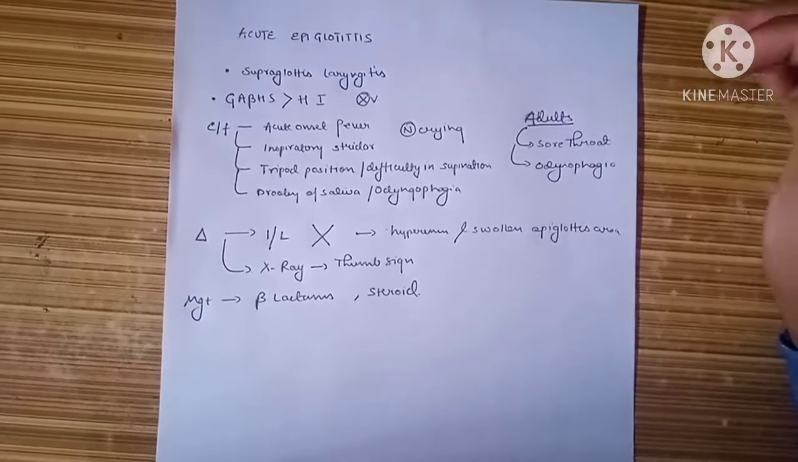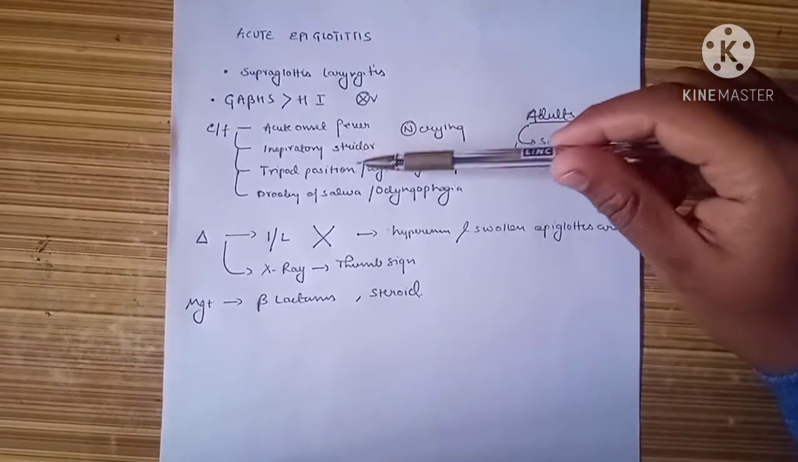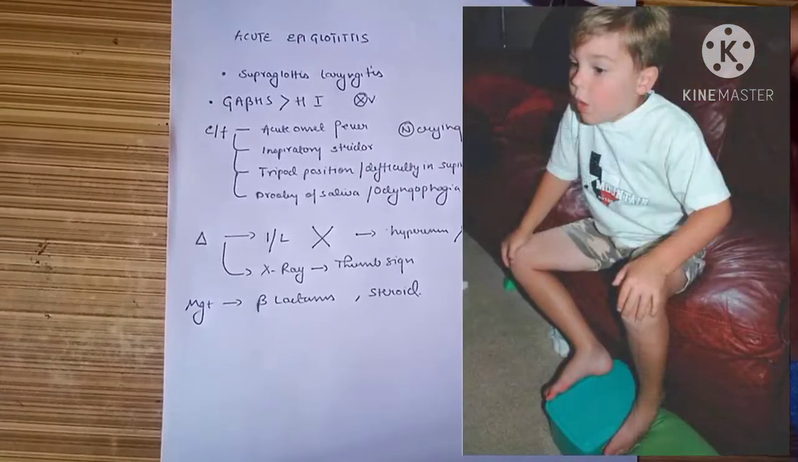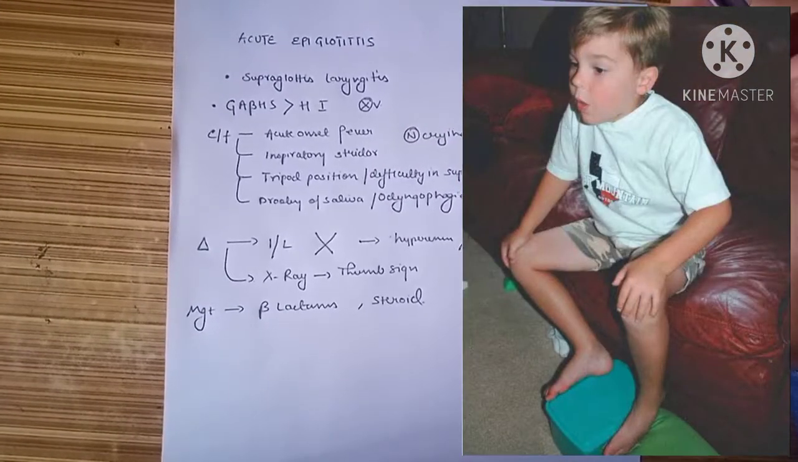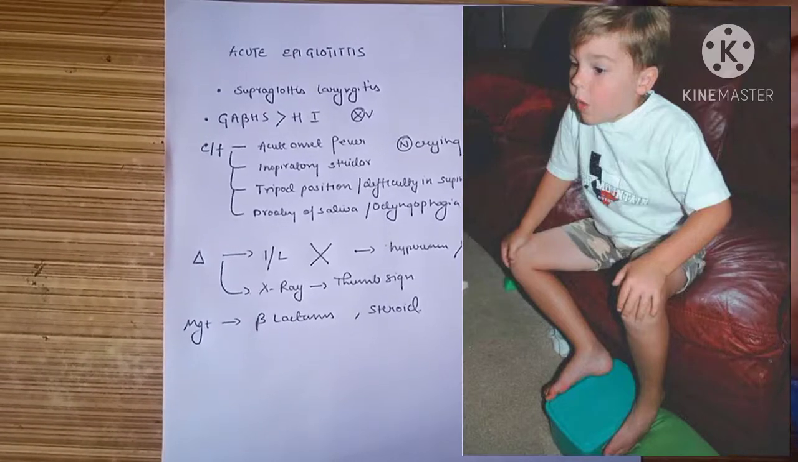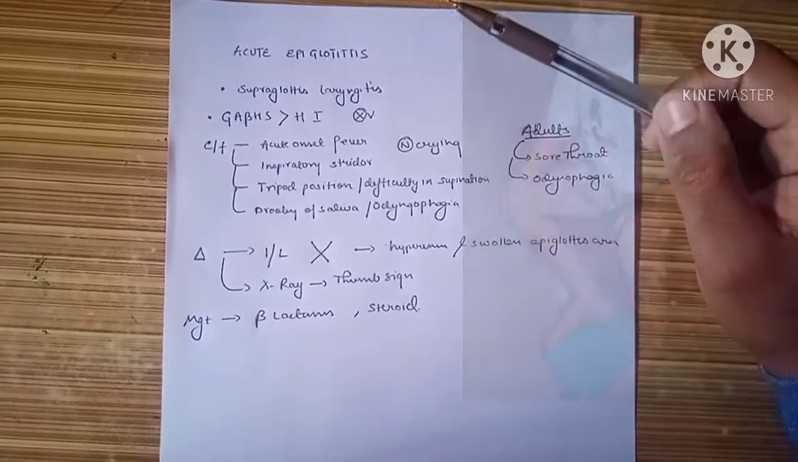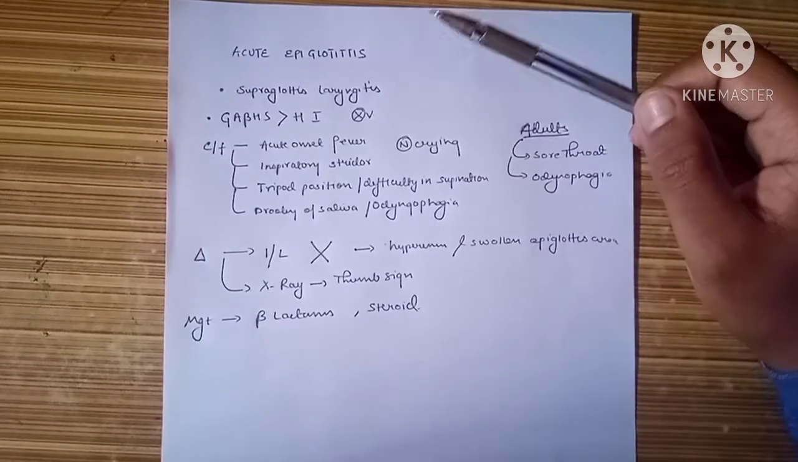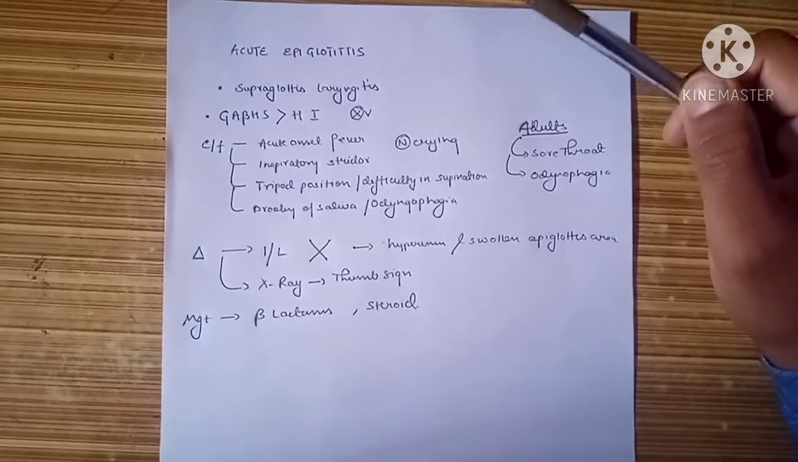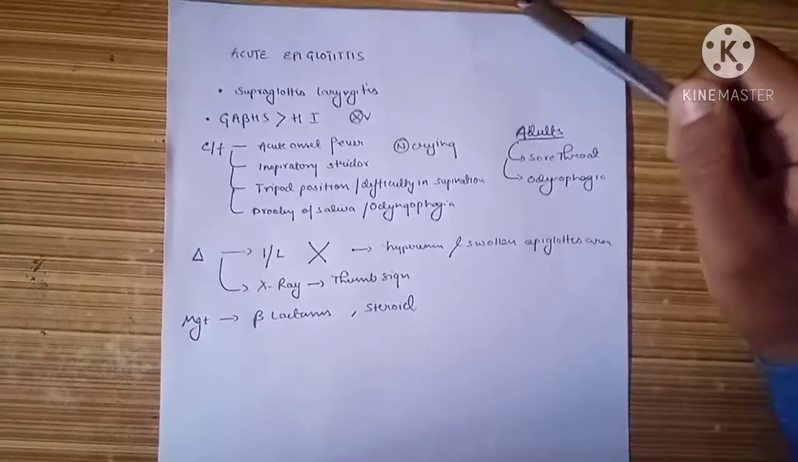And to reduce the resistance in the airflow, the child will attain a position that is the tripod position. Okay, this is a position where the patient is bending forward. This reduces the resistance to airflow and relieves the patient. Another thing is the patient will have difficulty in supination because the whole edematous tissue will block the pathway